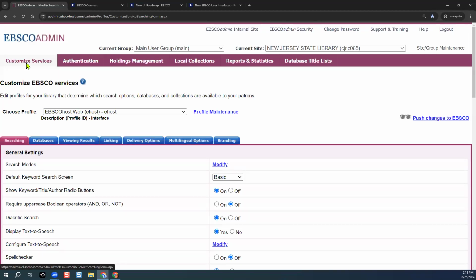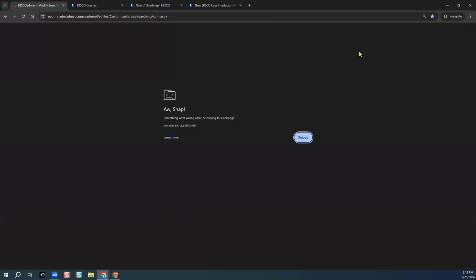At the highest level of a hierarchy is your site. So since I'm accessing the consortium, New Jersey State Library, there is a little caret drop down showing me all the affiliated institutions within,